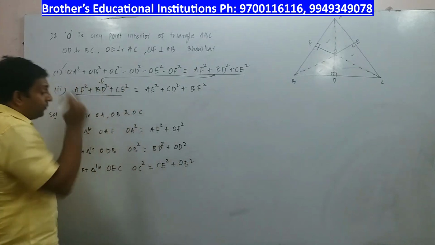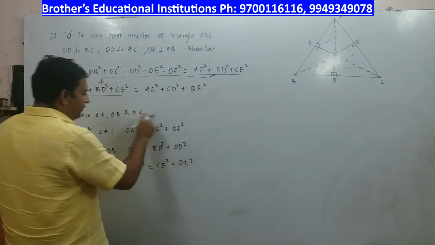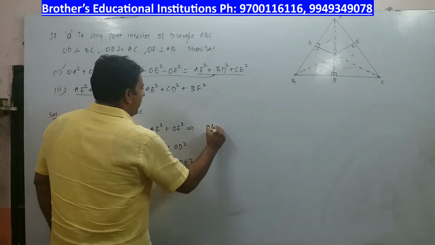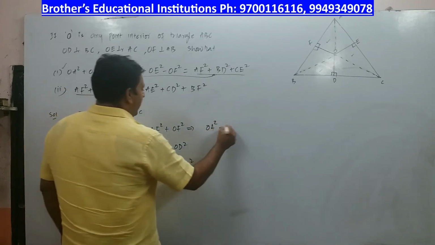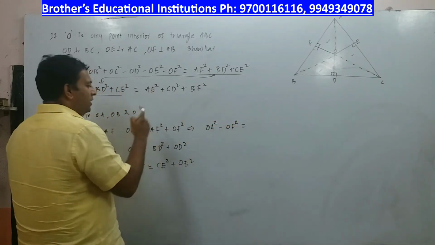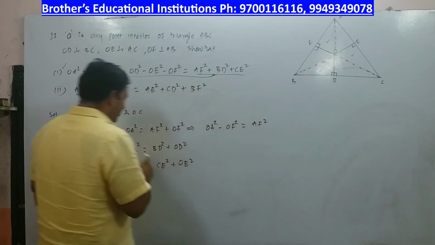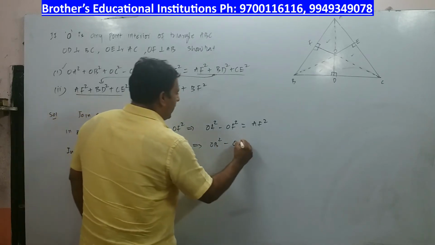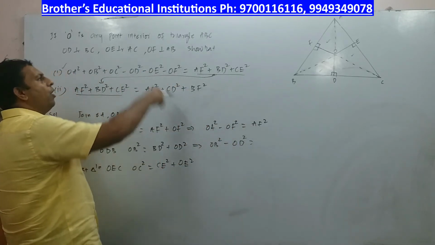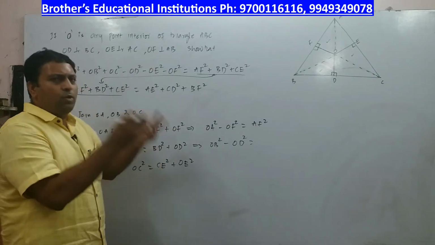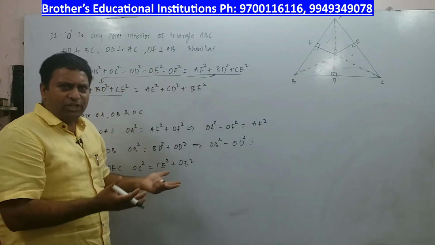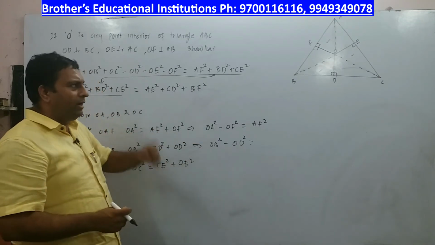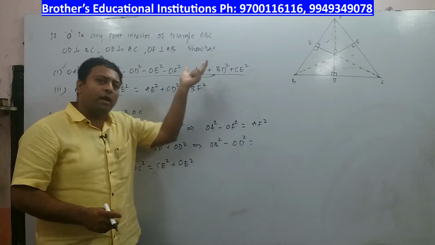Now on the right hand side, whatever is starting with O, shift it to the left hand side because we want something here. So there I will write OA square minus OF square is equal to AF square. Next, OB square minus OD square. You must always keep an eye on what is required to prove. Blindly you cannot go. If you are going to some station, you will have a route map in your mind. In a similar fashion, whenever you are doing things in geometry, keep in mind what LHS we have to get and what RHS we have to get.